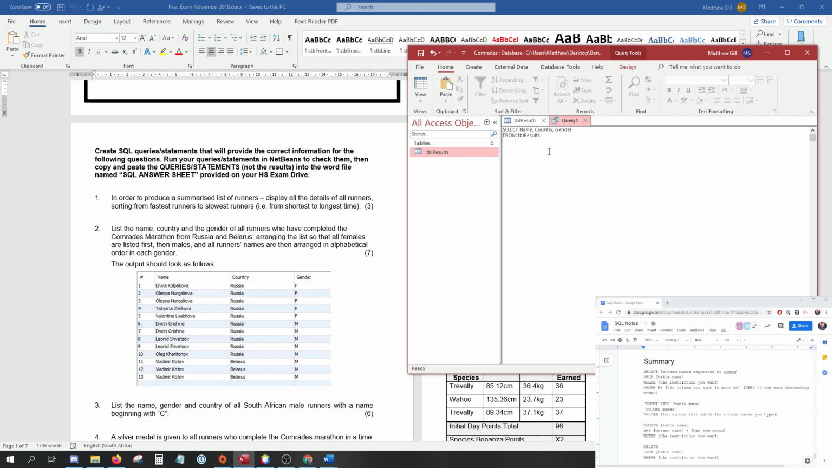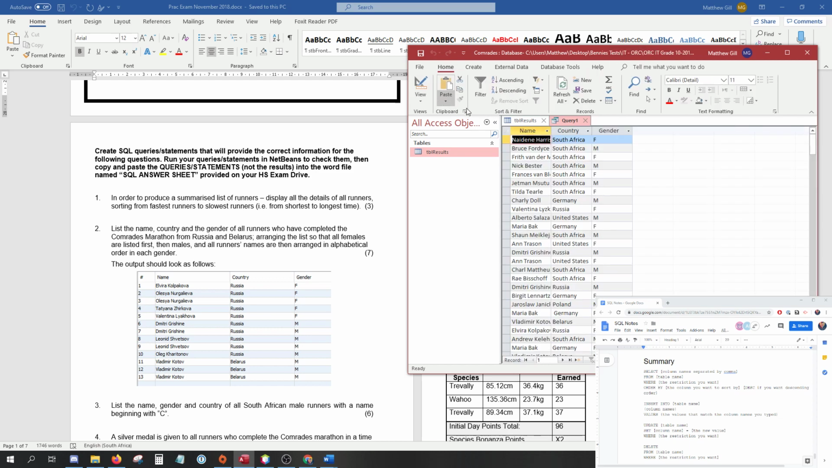So I only want columns coming up with Russia and Belarus. You know what I'm going to do? I'm actually going to finish this. Let's just do it as is. I'm going to click on design and run. And you can see I've got the name, country, and gender, but I've got everyone, whether they're from Russia and Belarus or not. So let's go back to